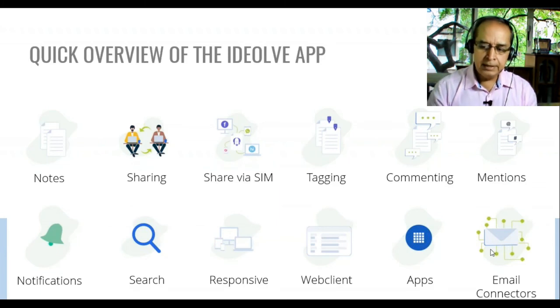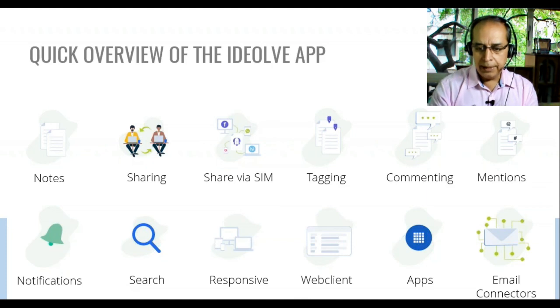So what we are saying is, shift your way of thinking from sending messages to creating notes, to create documents, and instead of sending them all over the place, just invite people to that document space and let them put their comments and go. So this way everything stays at one place. I mean, that's the core idea.